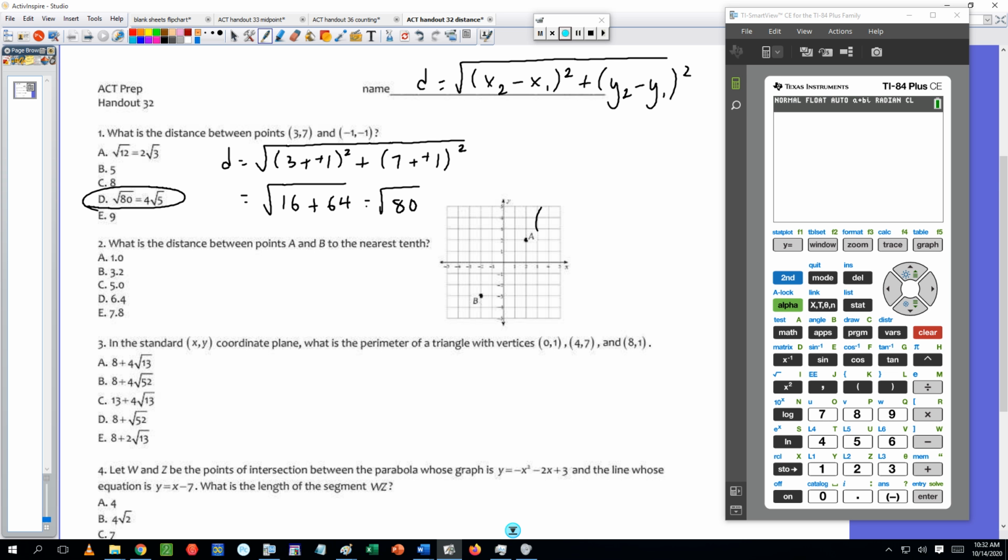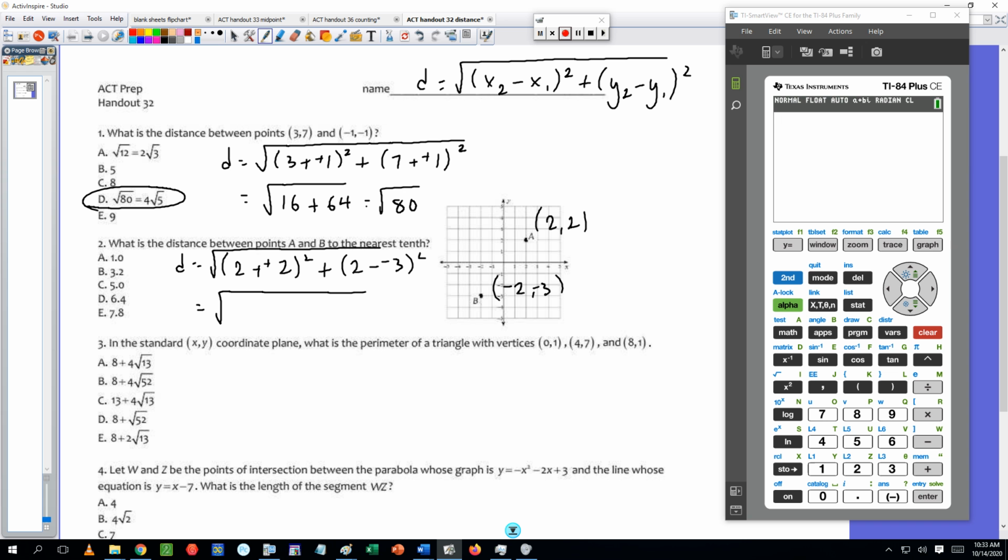What is the distance between points A and B to the nearest tenth? A is at 2, 2, and B is at -2 to the left, 3, -3 down. So the distance is equal to, subtract my x's, 2 take away -2, subtract my y's,